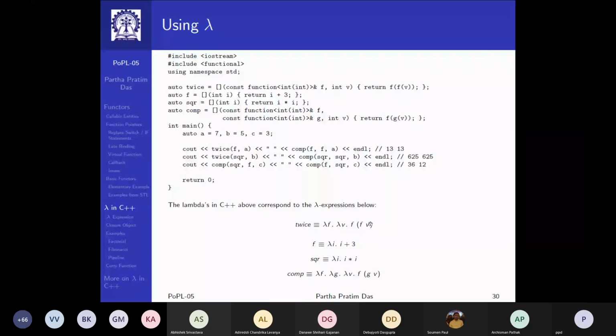We have seen this. Then I have a function f which adds 3 to the bound variable i. I have lambda expressions for square, which squares the parameter. And again, this we had done at length, the composition of f and g on v. So it applies g onto v first and applies f on the result of the application of g on v, the composition. Now we draw the parallel and see that for twice what I need,